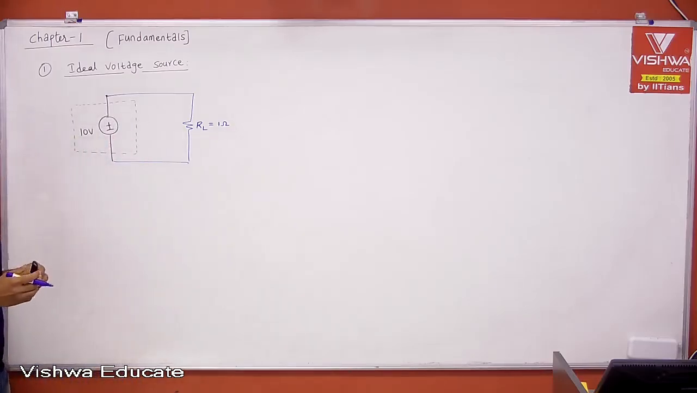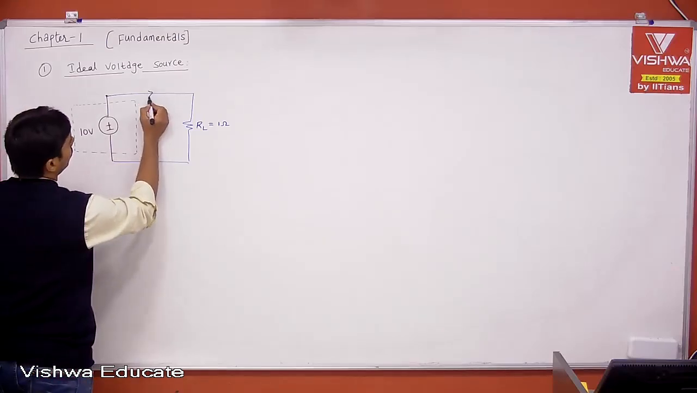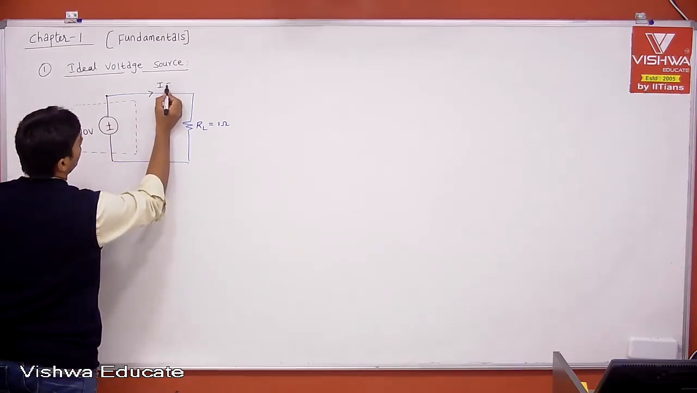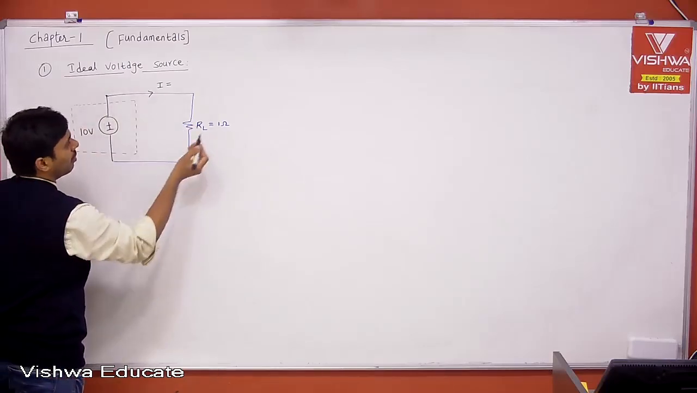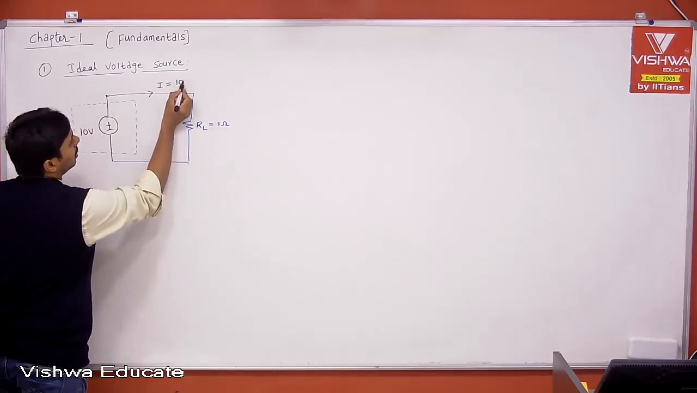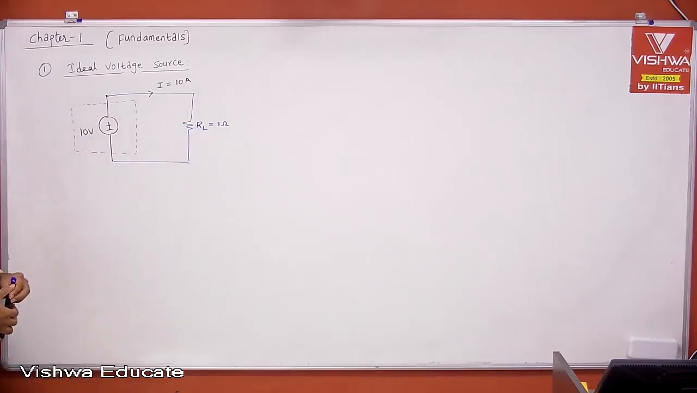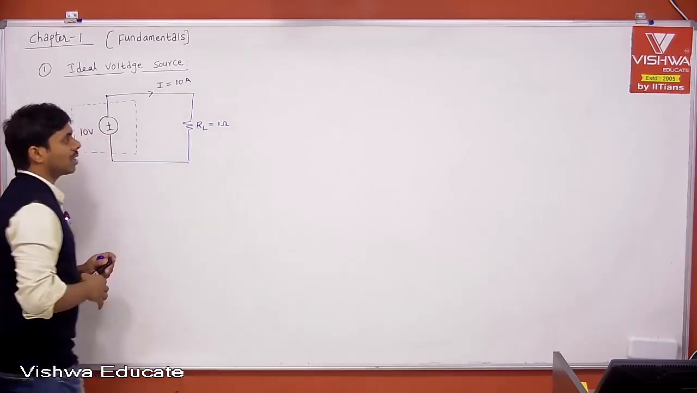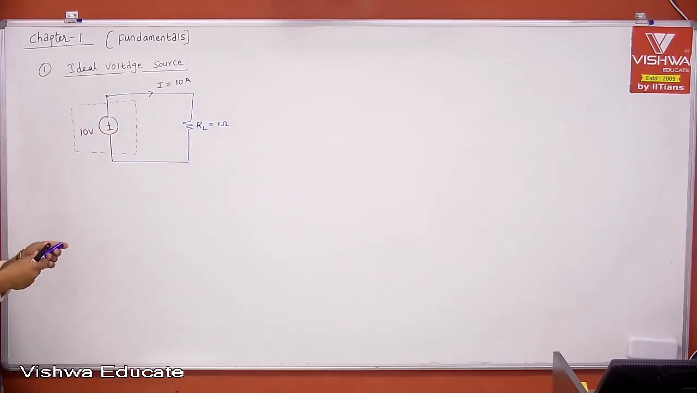If I take load RL equal to 1 ohm, then tell me, using your network analysis, what is the current flowing through it? The current the voltage source is passing through the load is nothing but 10 divided by 1 ohm. It is nothing but 10 ampere. Okay. Now, I don't want to characterize the load, I want to characterize my voltage source. If I want to characterize my voltage source, what I want to say is,